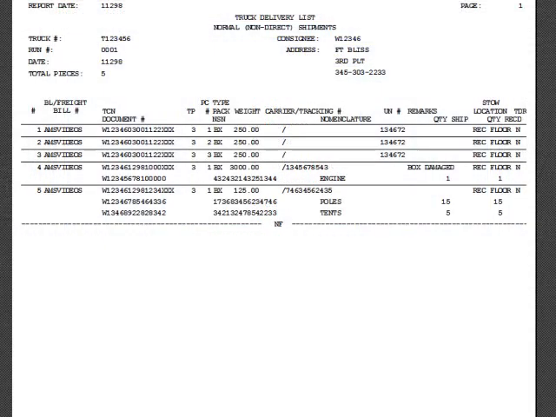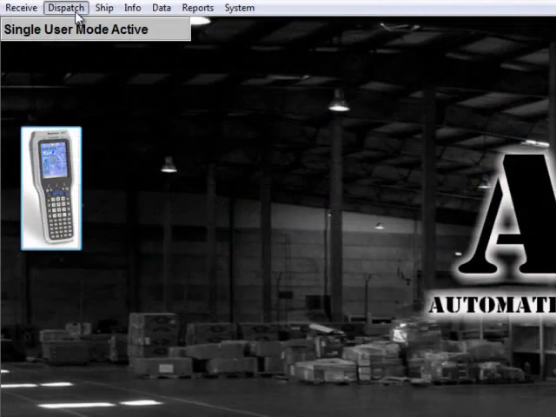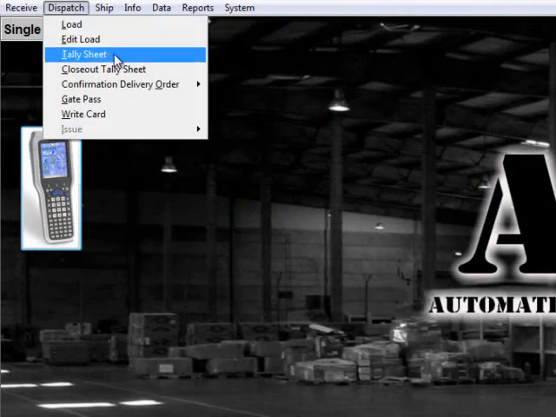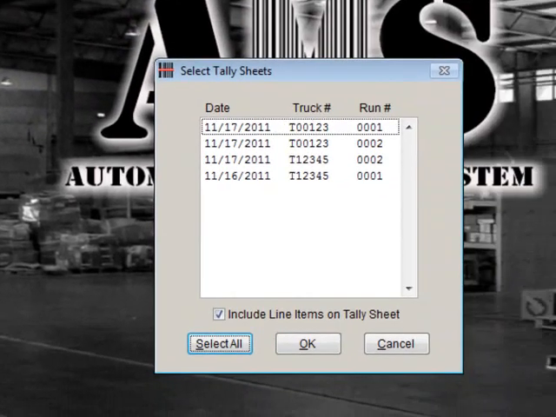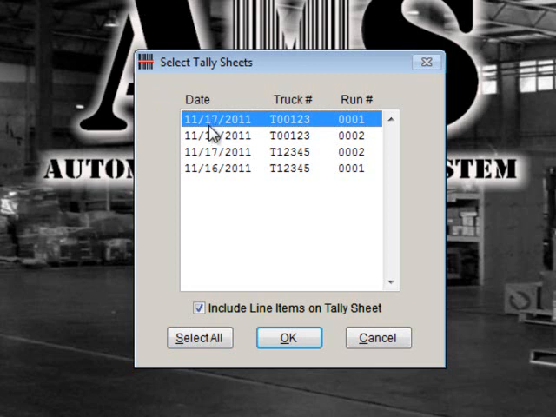A tally sheet is a chain of custody document that accompanies the shipments as they are being delivered. To print off a tally sheet, go to Dispatch Tally Sheet on your AMS TAC computer. From this screen, you can select specific tally sheets, hold the control button to select several tally sheets, or you